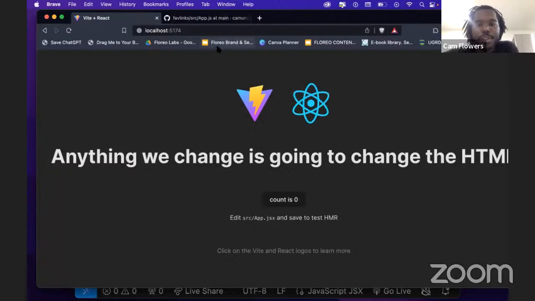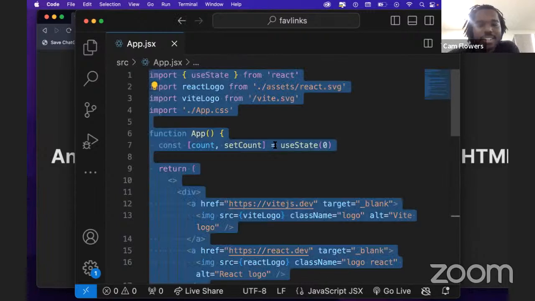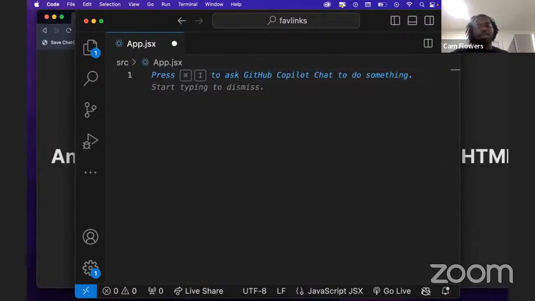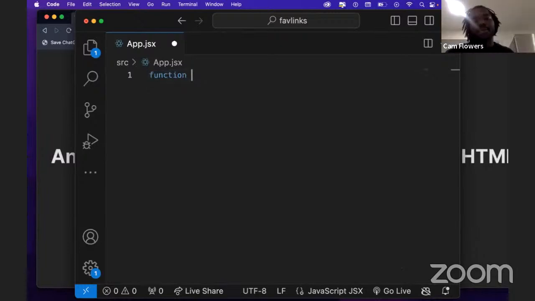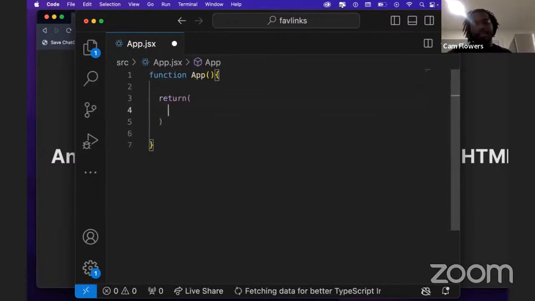So the first thing we're going to do is delete everything that's in here as a start, because we don't really need any of the stuff in here. It's just put here as a default for us. So what I'm going to do is Command A, and literally delete everything. The only thing that I want to have left is a new app function. I'm going to create a new function called app, but I'm going to keep it very simple. For right now, I'm just going to return a little div that has